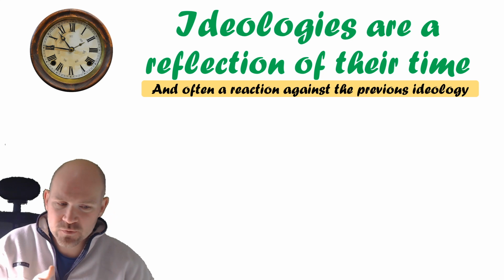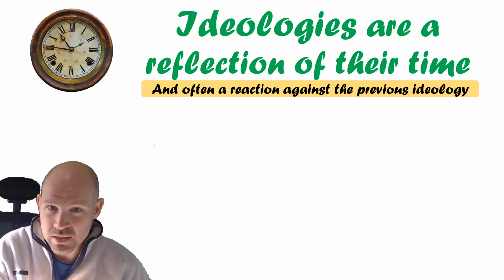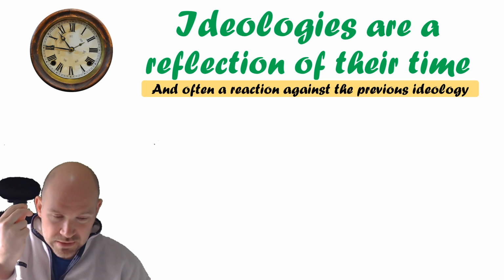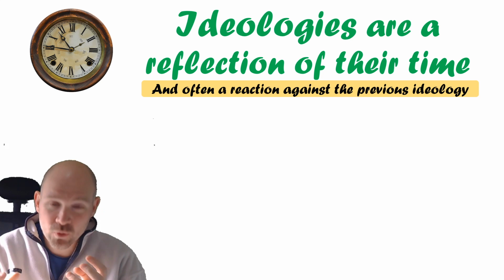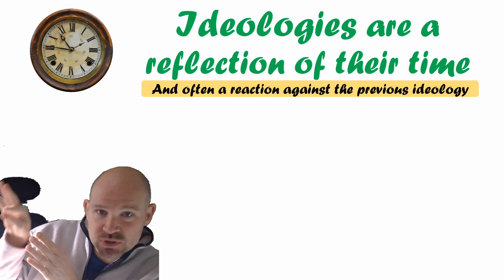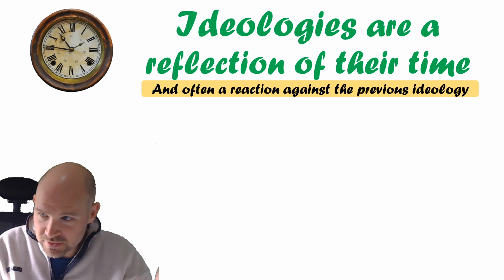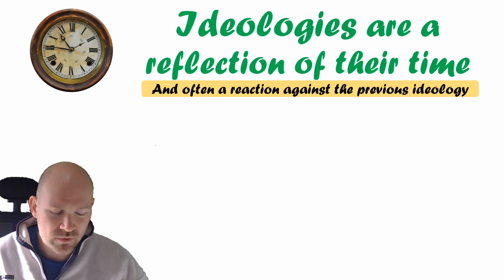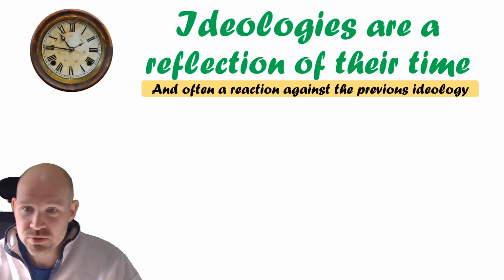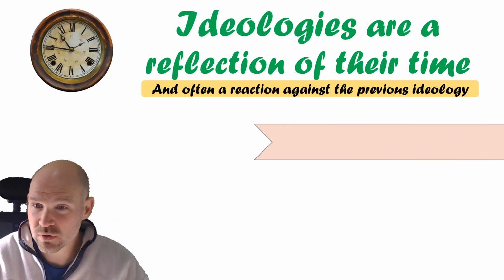And therefore, a belief which might seem unusual or bizarre or an overreaction or just completely impractical to us, at that time, at that moment, may have seemed rational and tangible and important and credible, because either that was what society needed, or they were reacting to something that had come before that needed to be undone. Now, that doesn't mean you can't think that an idea is still insane or extreme, but I want you to keep in mind that there is a timeline to these ideologies which explains a lot of what they think and what the thinkers were trying to get to.